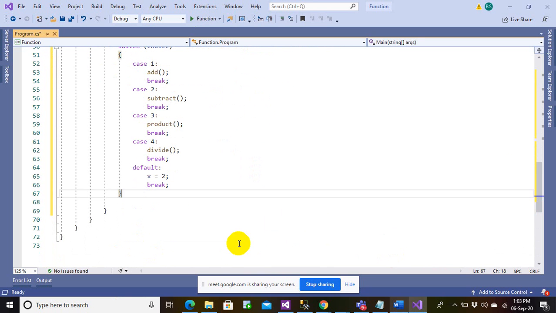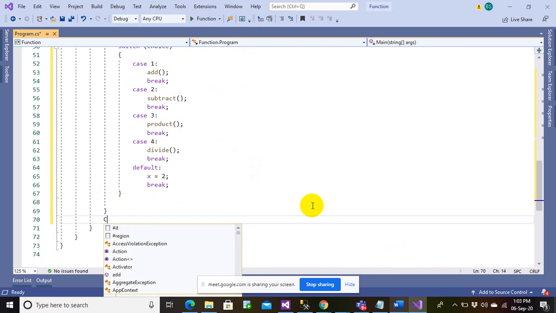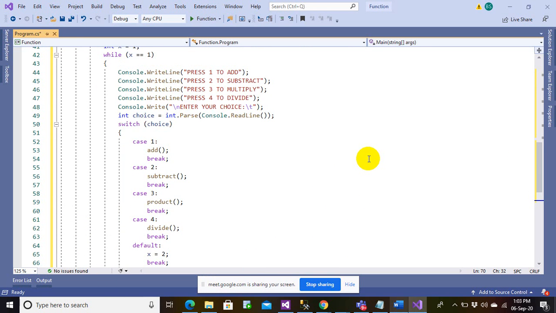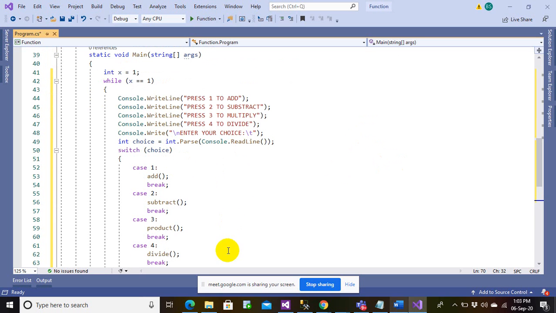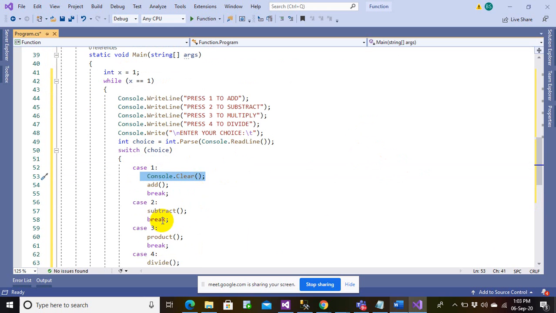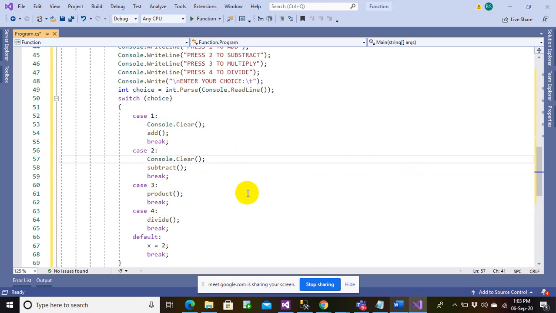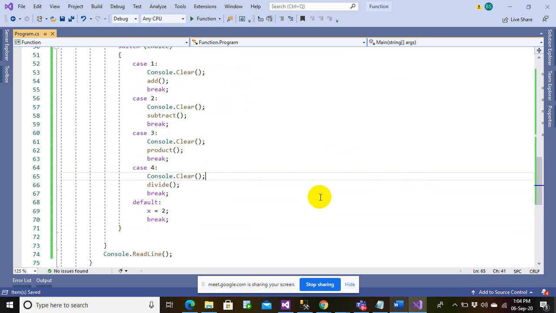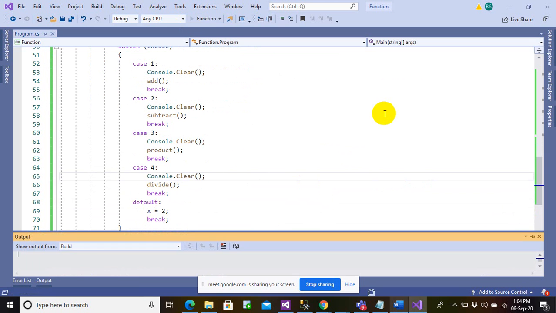Once done with everything, I'll just make a console log right here. So this is how the menu program will work here. In case 1, let me also just do console output here, so all your output should be done. Let me call it everywhere. We will be having output in a neat and clean screen. So see, the function minimizes a lot of work here. Let's run and check how it works.